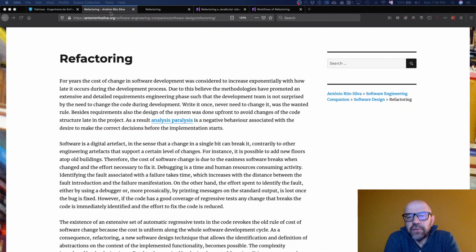But I think that refactoring is probably one of the nicest results in terms of software engineering of the last years. Why? Well, basically because it changes the way. This idea of facing change is something completely new.